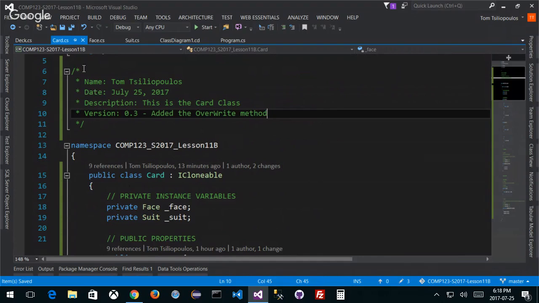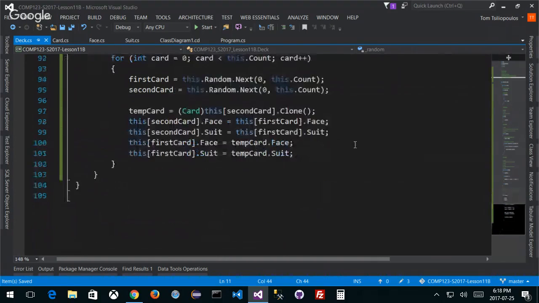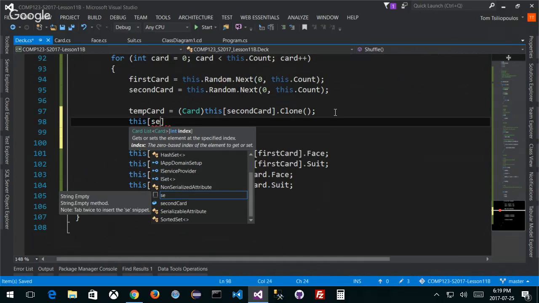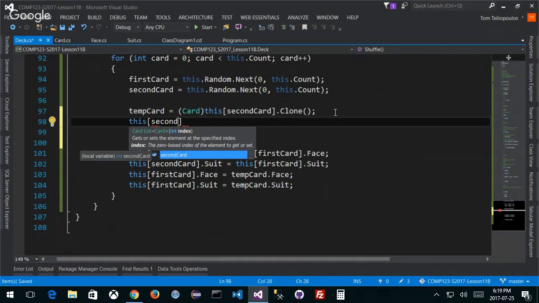All right, and let's go back to our deck. Now we've got a solution, right? Because now I can do something like this. I've got my second card, and I want to overwrite the values of my first card. So it'd be something like this. Instead of these 4 lines, I can cut it down to 3 or 2. I'm going to say this second card,